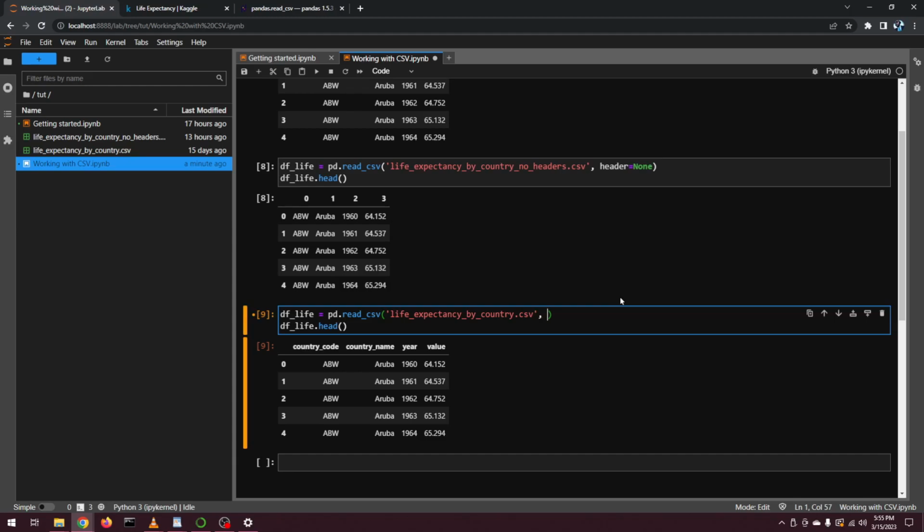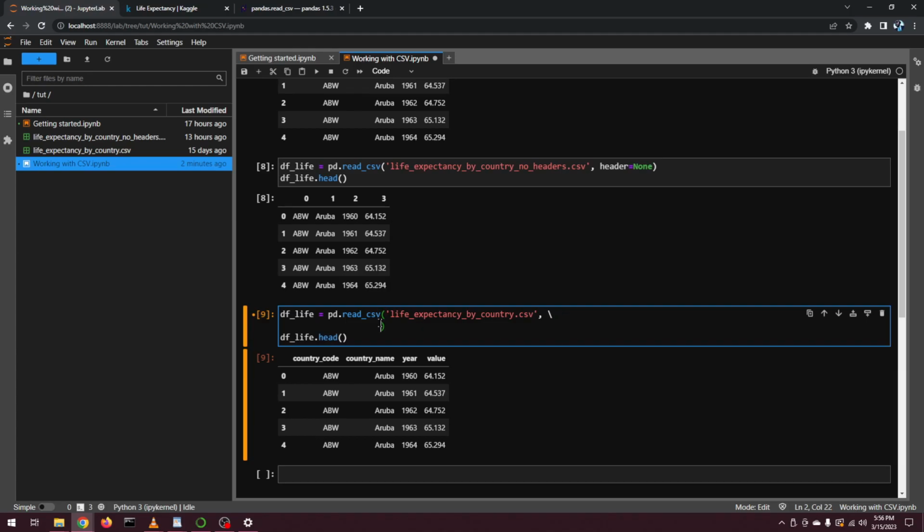Because I may end up using several different keyword arguments, I'm going to start using a particular style for writing out or passing multiple arguments to these functions. Anywhere you see a backslash like this, this is one continuous Python line. Whenever I have a backslash, that tells Python that you're actually not done reading the line, even though you got to the end of the text on that line, and so it'll keep reading. You can see that it snapped me down to here, so that way I can continue to write this line. That way it doesn't stretch all the way outside of the cell and you can see everything all